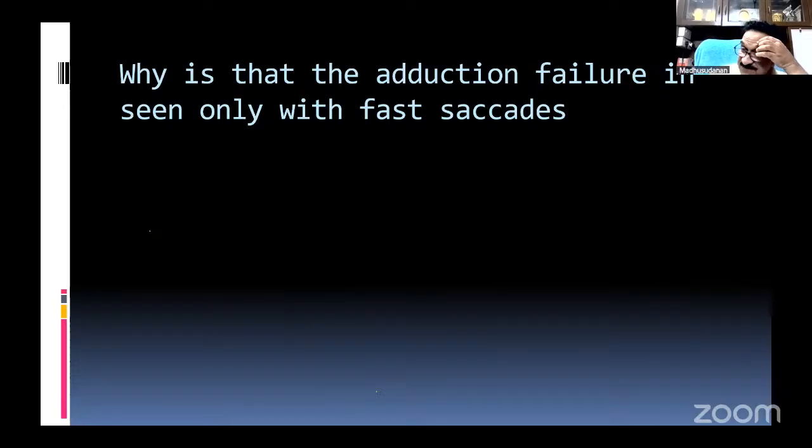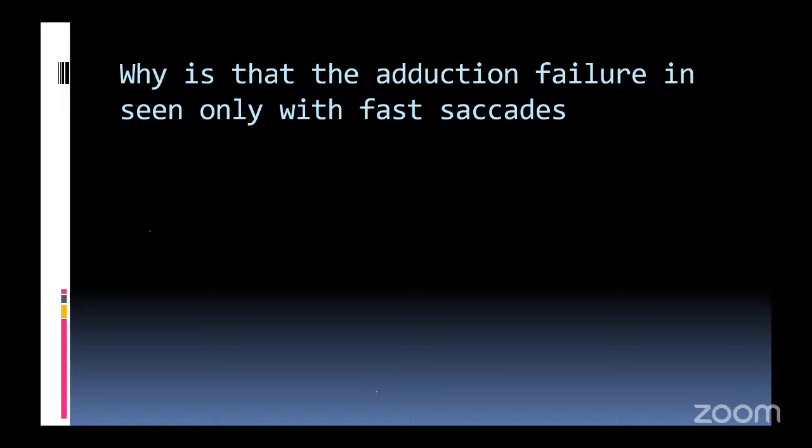Now, last question in this case is, why is adduction failure seen only in fast saccades, seen only in MLF lesion, not in other pathway lesions? Why? Sir, the pathway difference, sir. Usually the visually guided circuits, reflex circuits. In OKN and tape, usually the visually guided circuits pass to the caudate and go to the PPRF. Whereas in reflexive circuits, it doesn't go through the basal ganglia, sir.